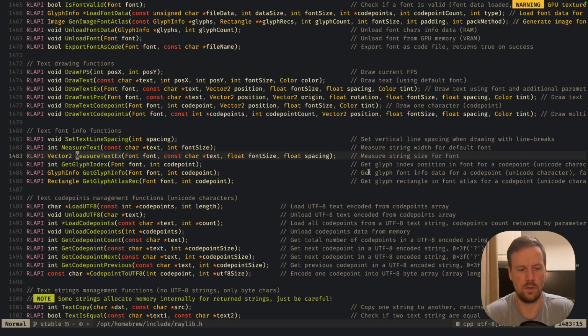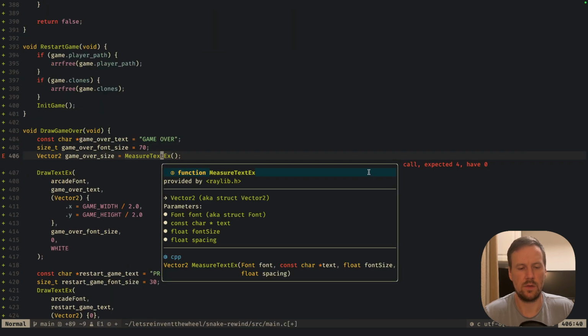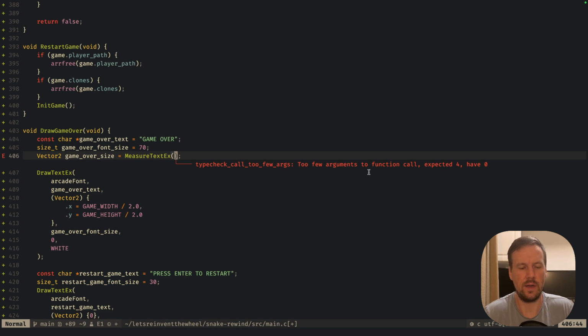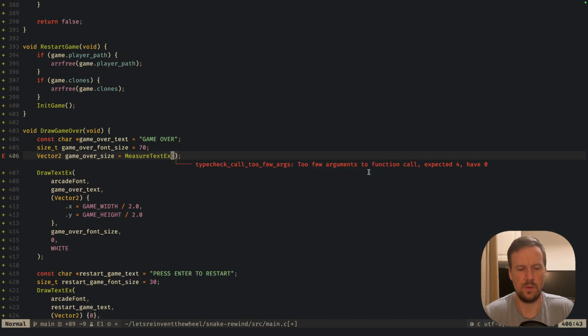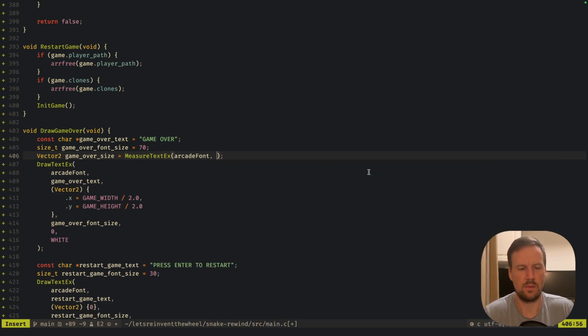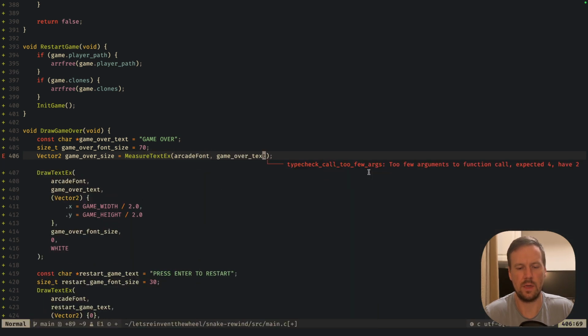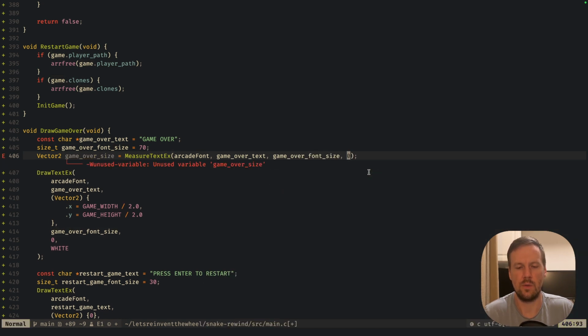Something measure text. Yeah. Font text font size. So it says, hey, if I draw my text using our arcade font, using game over text with font size game over font size with 0 spacing,